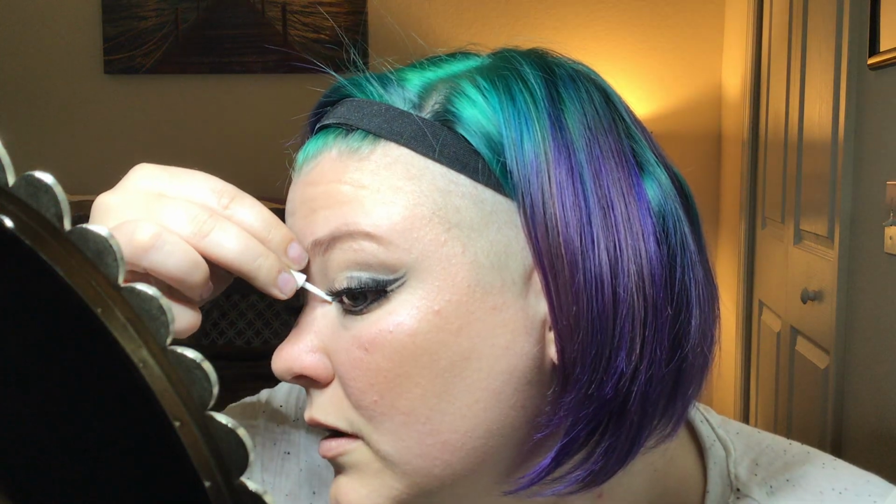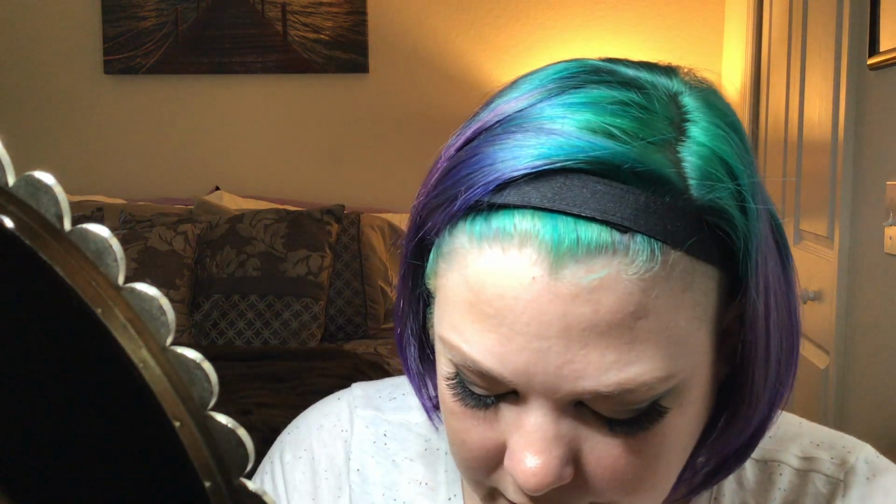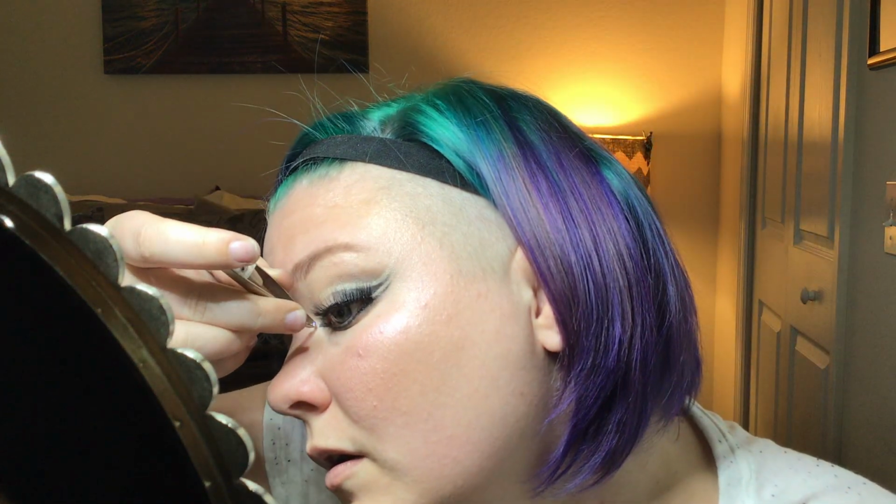The way I'm gonna do this is, when I first started trying to put glitter or whatever on my face, I was putting the glue on the glitter before I put it on my face, and it kind of made a mess. So this time I'm gonna put the glue down first. See how that works. Okay, so dang it, I lost it. No! Not my little...